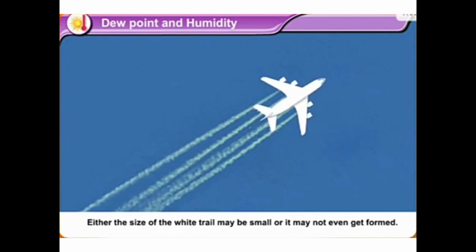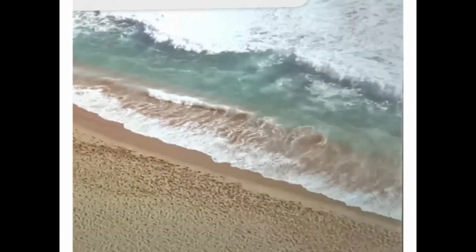And if the surrounding air has more relative humidity, it takes a long time for the white trail formed by the condensation of the vapor to disappear. But if the relative humidity of the surrounding air is less, then either the size of the trail may be small or it may not be visible at all. Okay, so this is what is happening.